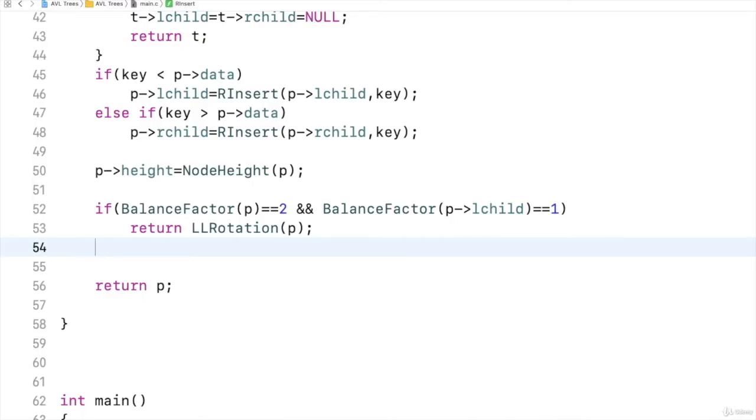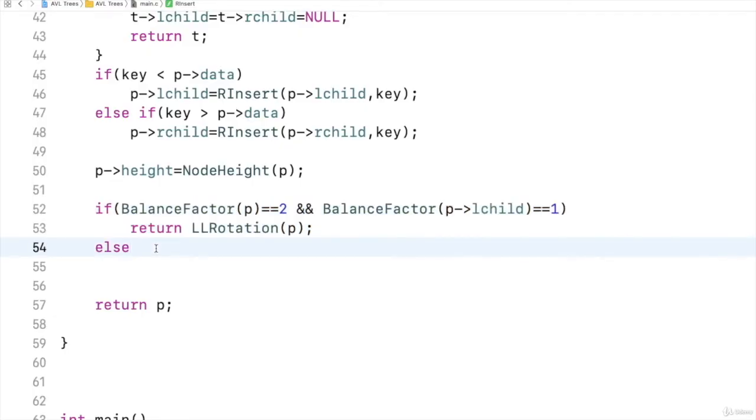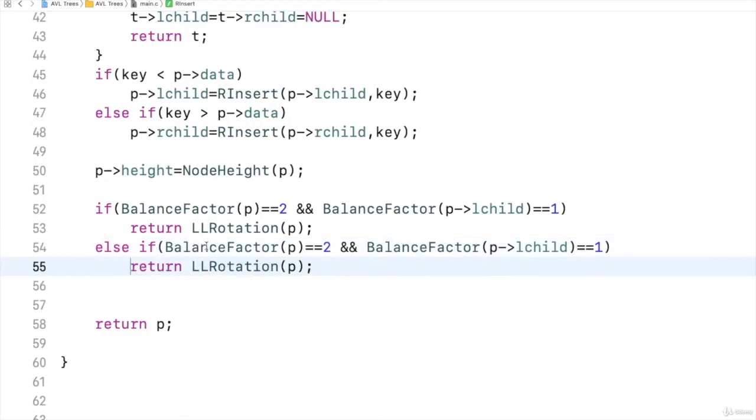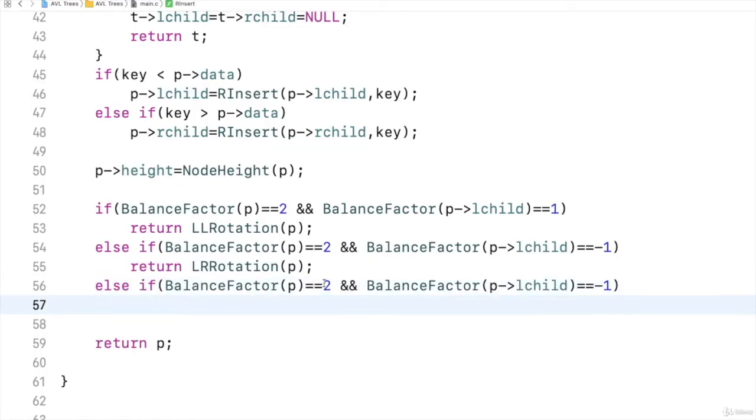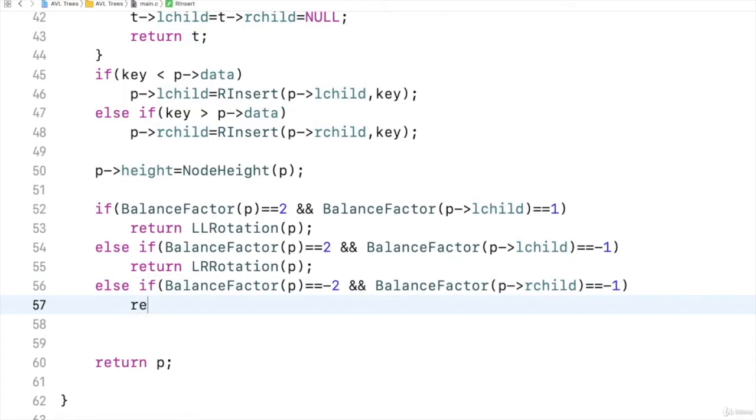So I should check the balance factors and perform rotation. I will write down the rest of them. I will copy this and paste it here. Now if the balance factor is 2 and the balance factor of its left child is -1, then I should call LR rotation. Then else if the balance factor is -2, that is negative, so it is heavy on the right hand side, then I should check the balance factor of the right child, and if that is also -1, then it is heavy on the right, so I should call RR rotation